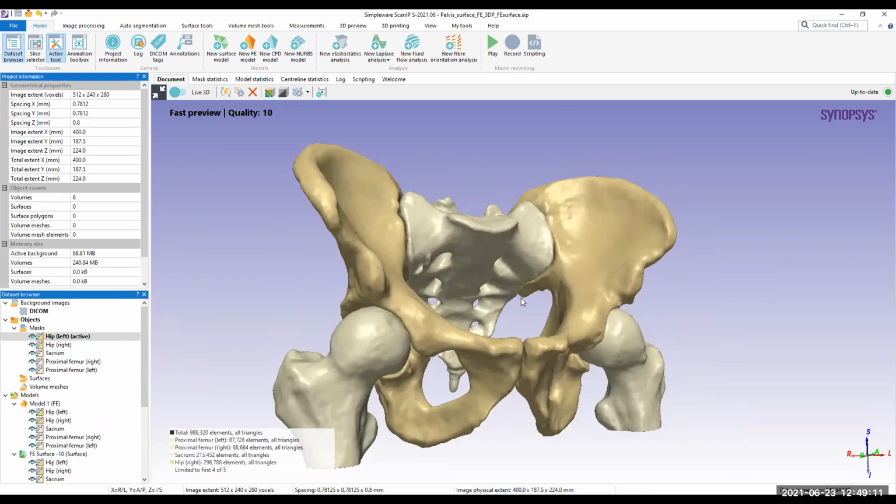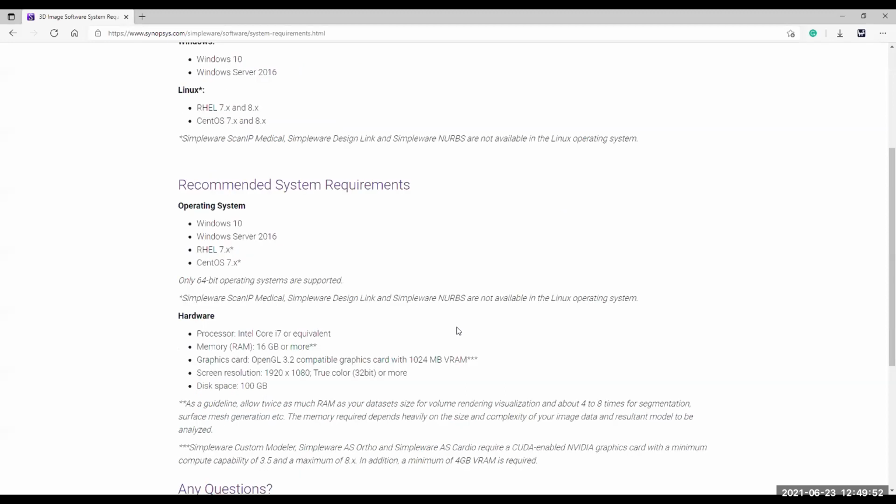What is the hardware requirement for this software? This software specifically requires not much, but let me just show you. Is it free to download, sir? Open source? It's a commercial tool, sir. So these are the system requirements for this software.